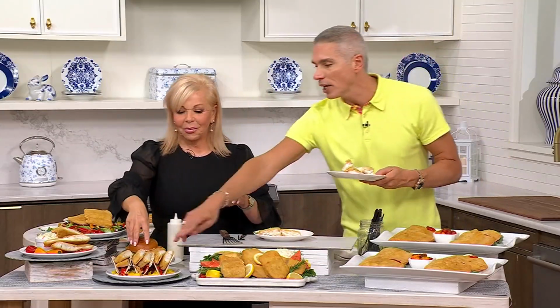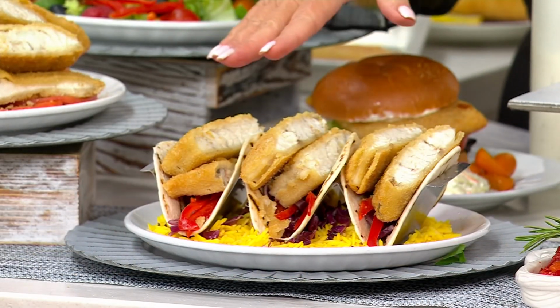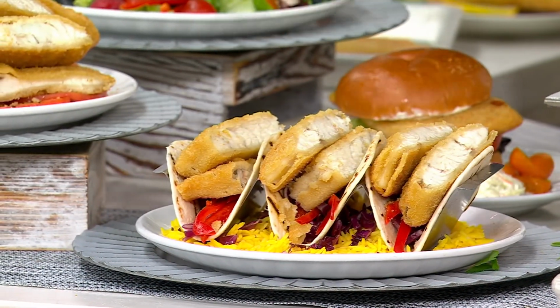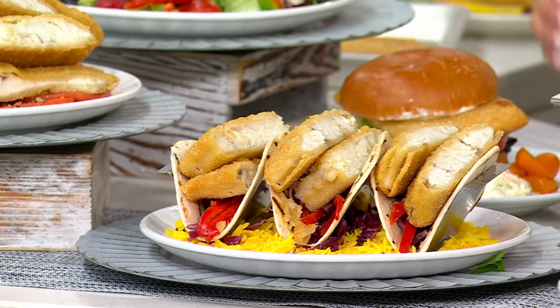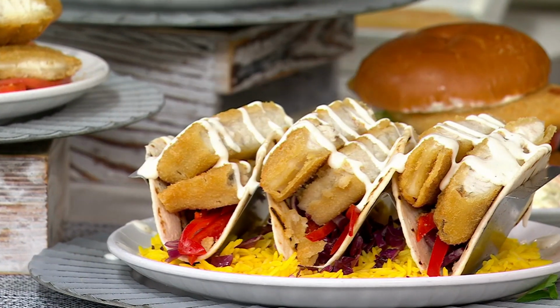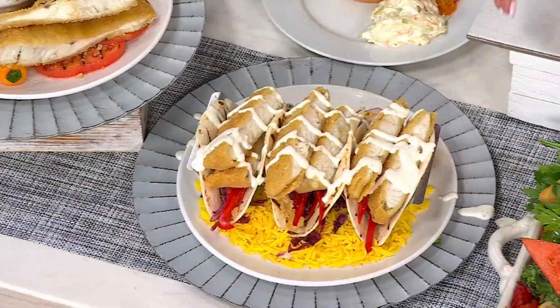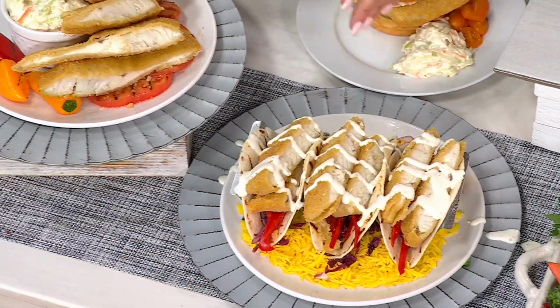Absolutely. We've overstuffed these fish tacos over here. Well, Mitch did 3. I swear to you, you could get 6 men. You can get 6 or 8 out of this, truly. Absolutely. So the fish tacos, a lovely summer idea for sure. You take your 5.5-ounce portion, you divide it in half or in thirds, and you're good to go with 6 to 8